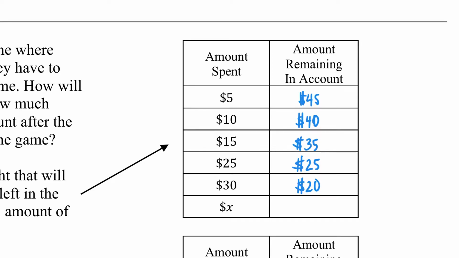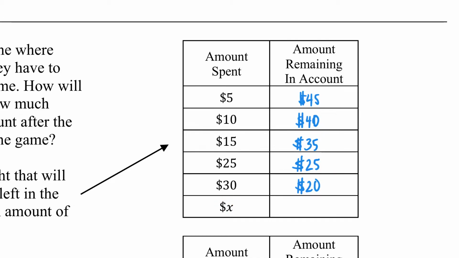Let's say that you're trying to program this and you have to be able to tell the computer, hey, if the person spends this much, figure out how much is left. What do you tell the computer to do? You tell the computer, hey, just take 50 and subtract 30, and that'll give you 20. What if you don't know how much the person's going to spend, right? You have to tell the computer, hey, the person is going to spend a certain number that I don't know. But what I want you to do is take that number and subtract it from 50,